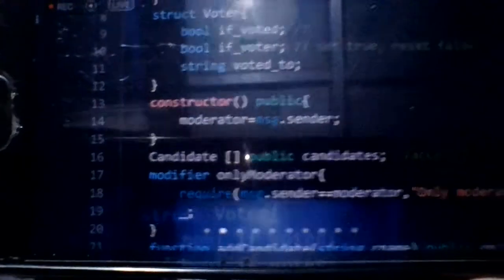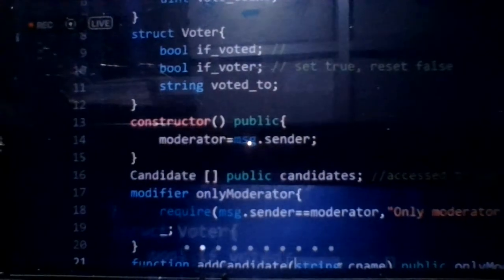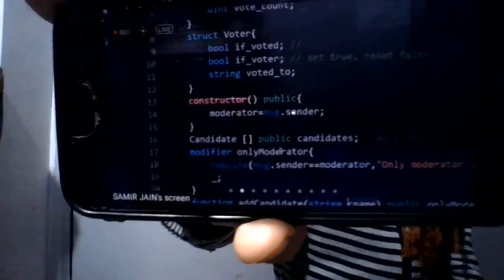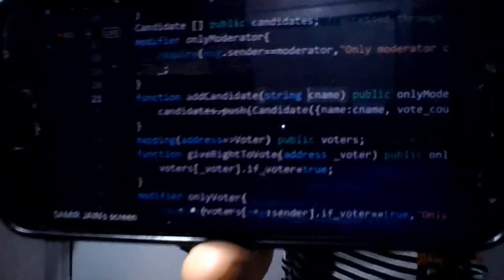If you want that particular variable to be retained, we have to use the storage keyword. Otherwise the memory keyword can be used with function calls. Whenever we have taken a string, we have to make it memory, because with memory we store something temporarily, and with storage it should persist after the function has been called.